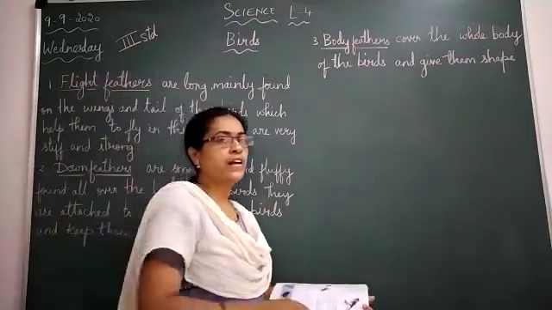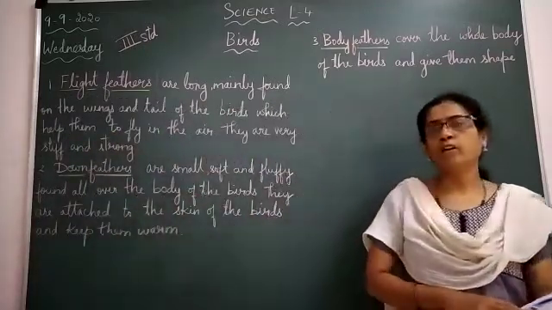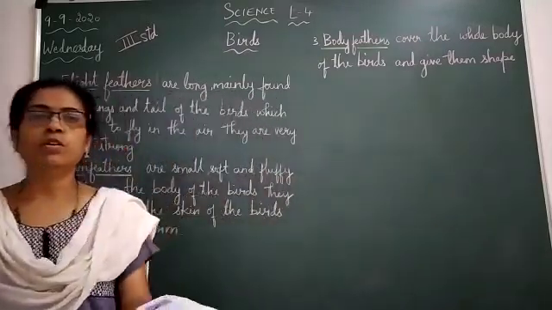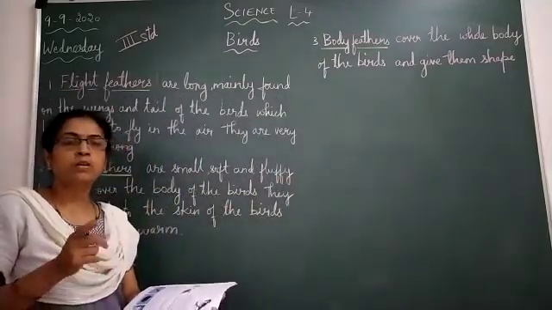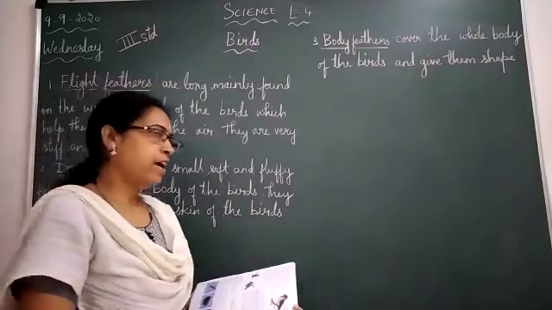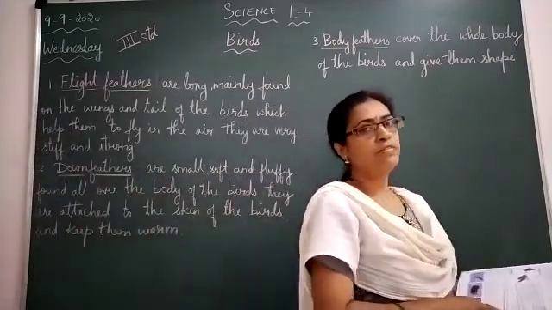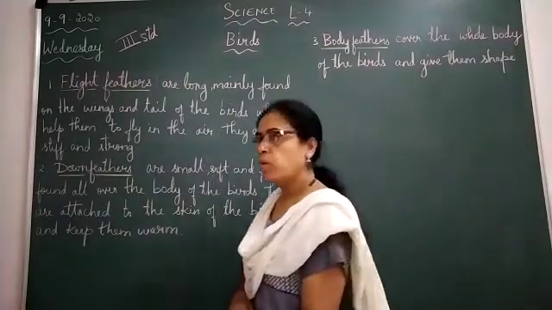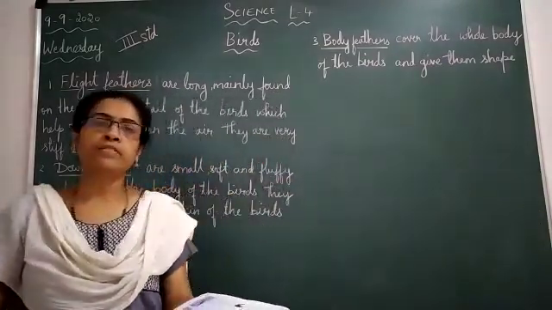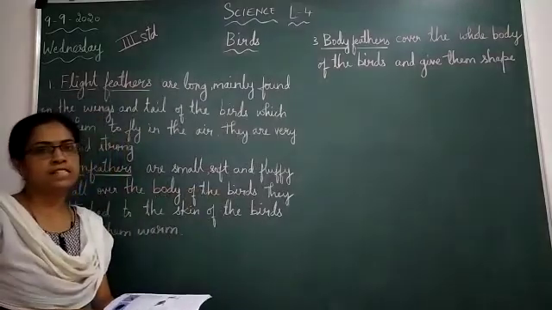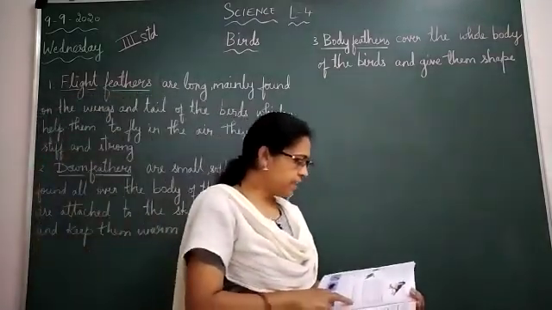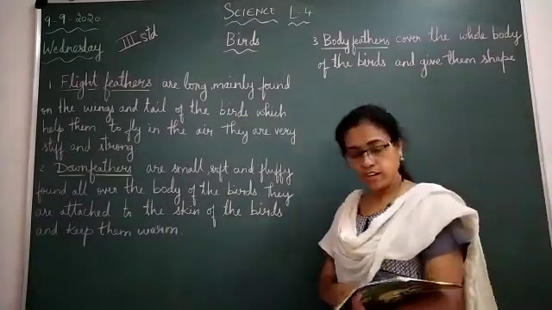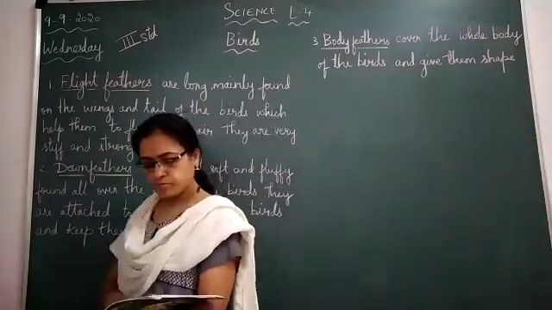Birds have 2 legs and a pair of wings. And also, children, they breathe through the holes present on both sides of the beak. Birds also have feathers on their body. Why do they have feathers? To protect themselves from bad weather and cold conditions. We can see many varieties of birds throughout the world in a wide variety of habitats.